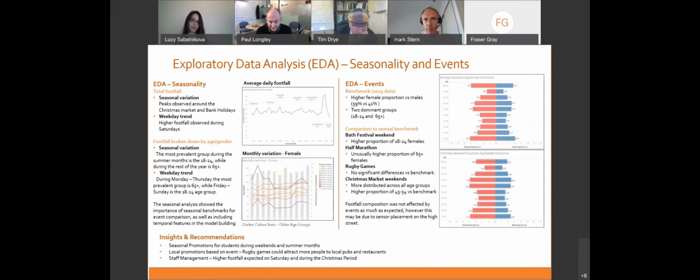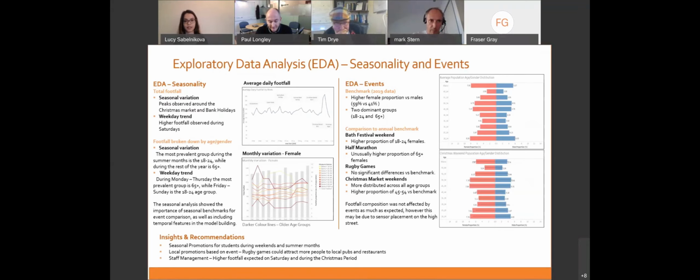What this analysis showed me is that it would be, first of all, important to include seasonal benchmarks for event comparison, as well as including the day of the week and the month as features in my model creation. I also wanted to explore how the events are related to the footfall composition, and I chose